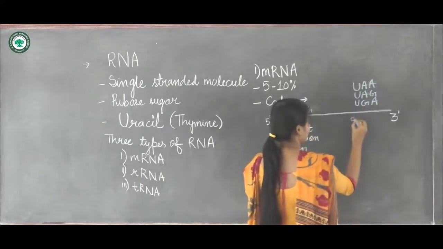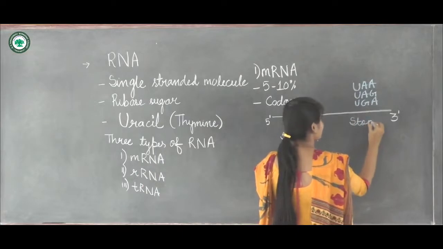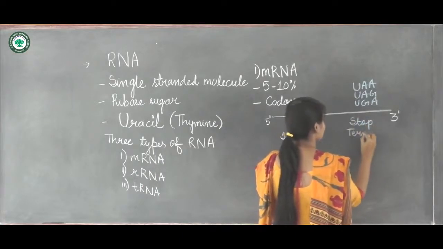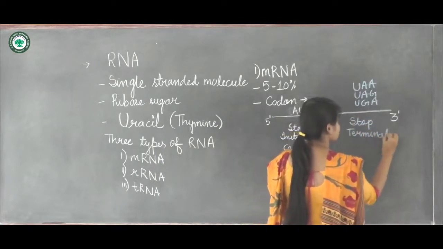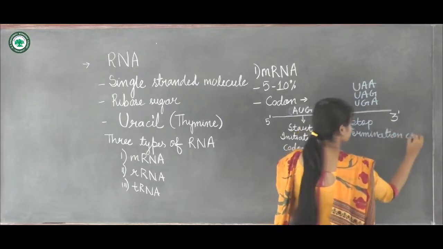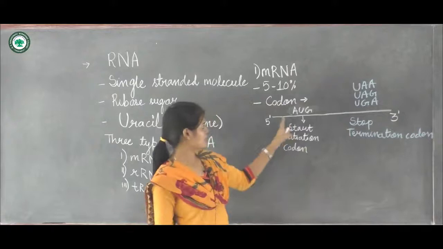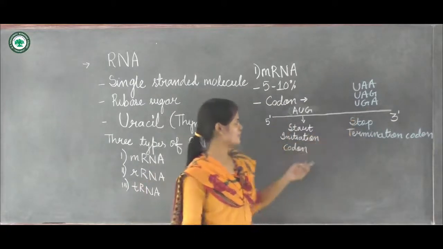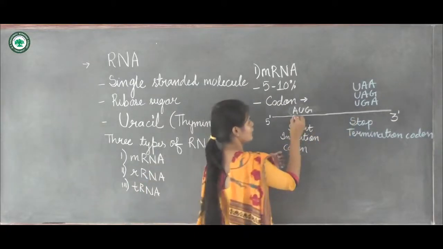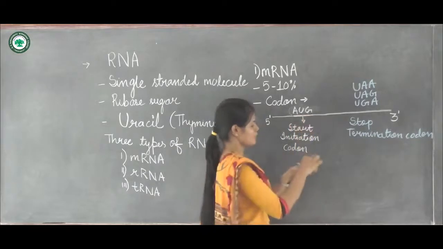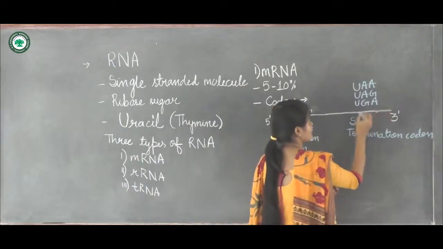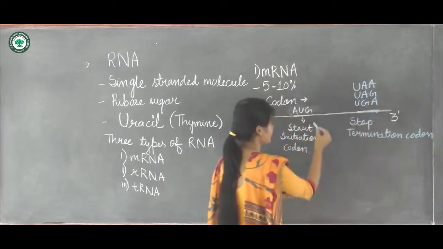These are called stop or termination codons. So this mRNA will consist of a start codon and a stop codon, and in between these codons